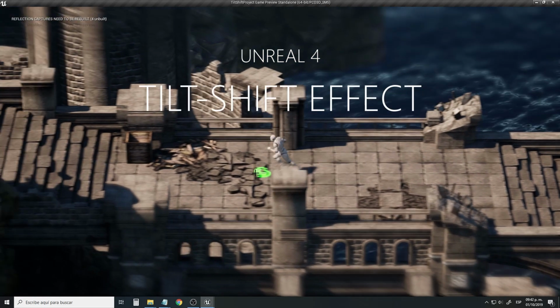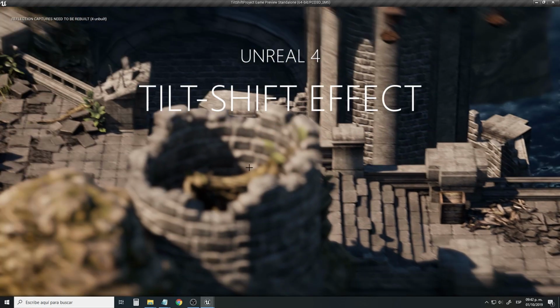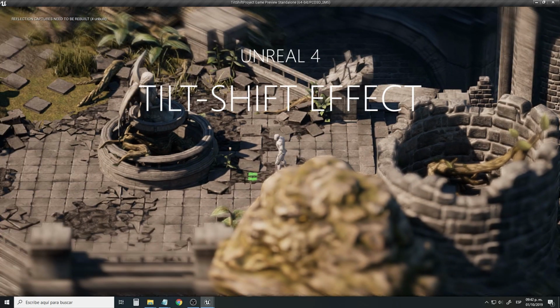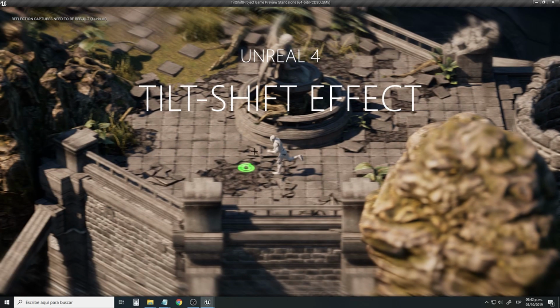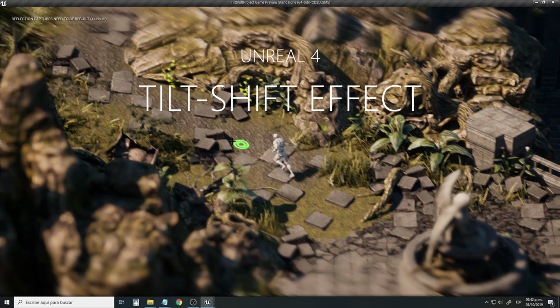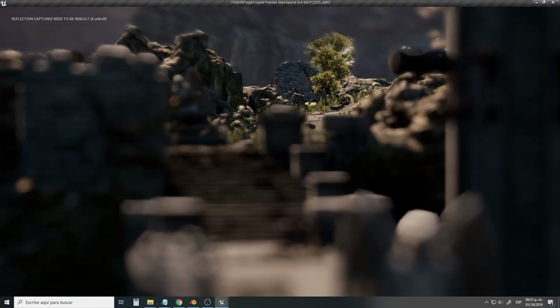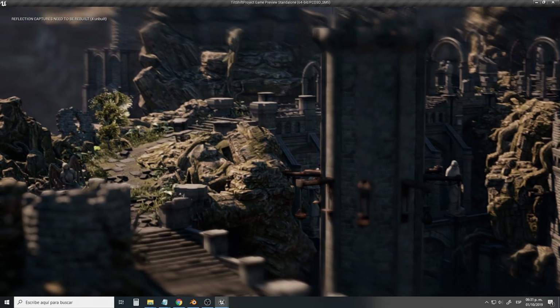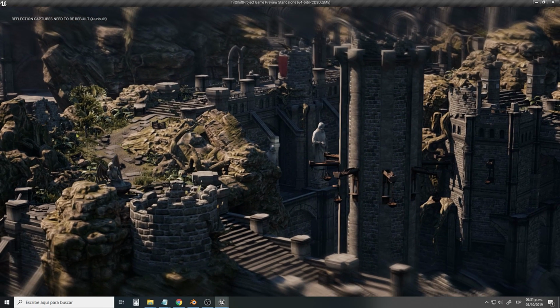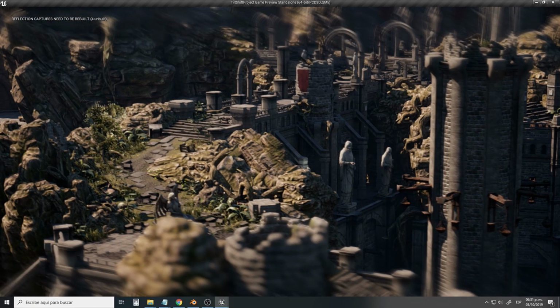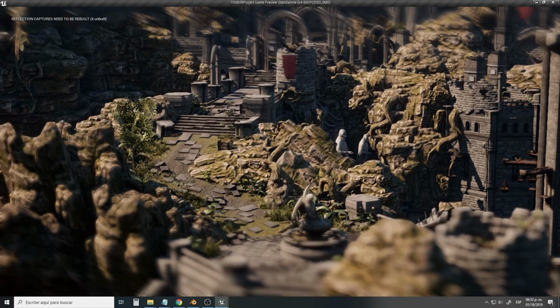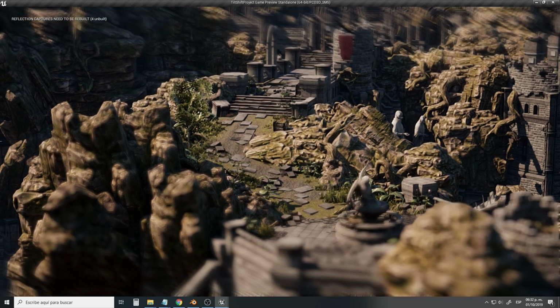Today I will teach you how to make the camera effect like the one used by Nintendo on Link's Awakening for the Switch. Let's get started. The effect I'm talking about is called Tilt Shift Effect. It is also known as diorama or miniature effect. The Tilt Shift Effect is a technique used in photography to give off the impression of taking a shot of